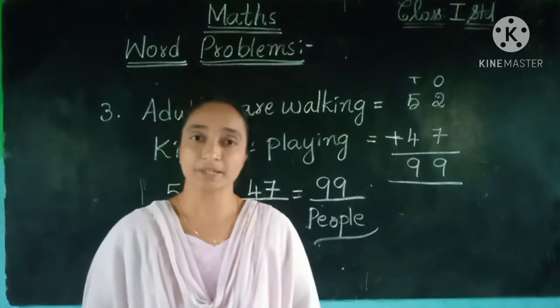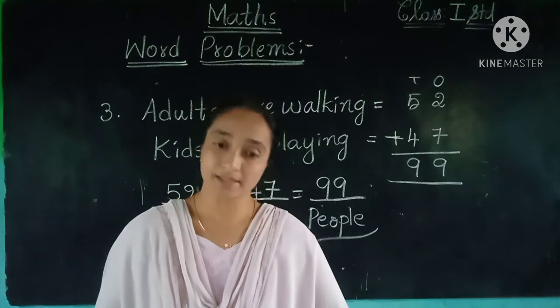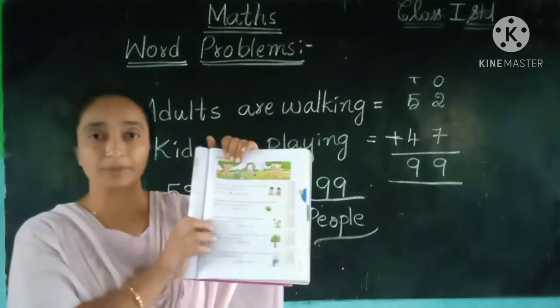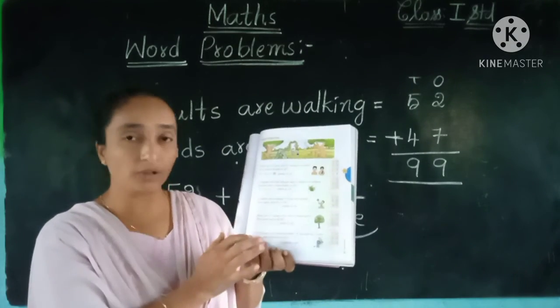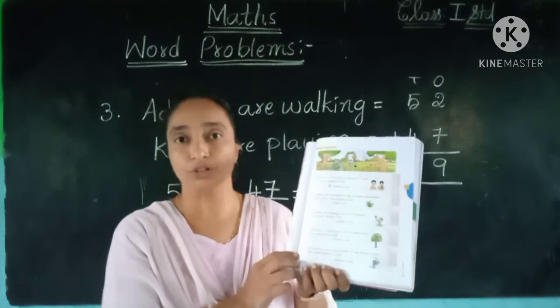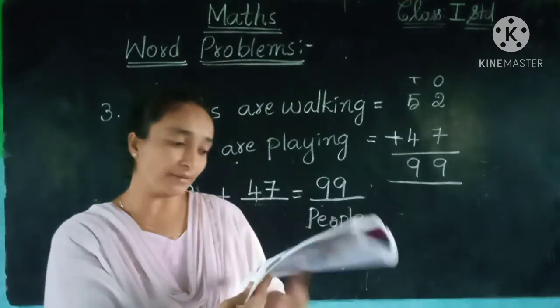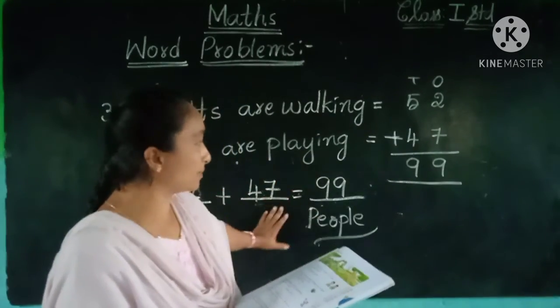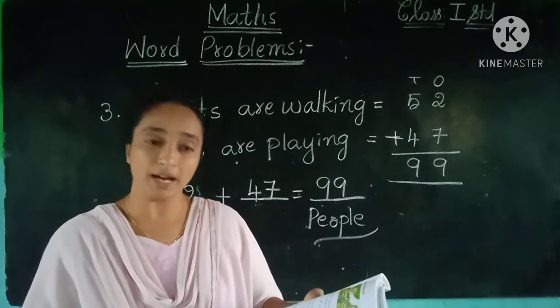So here we have completed, children, the 3 sums. So in this way you can do the calculation. So 3 I have completed, children. So only the 2 more are there. So this you have to do on your own. So the step here they have given, you no need to write down, just they have given the numbers also. You have to fill in the blanks like this. And you can do the addition.